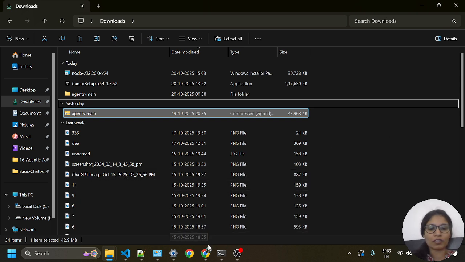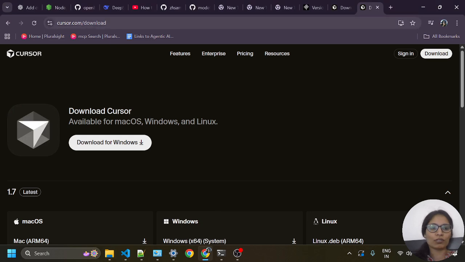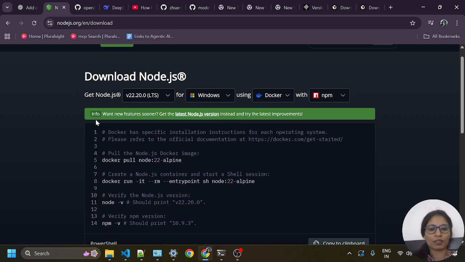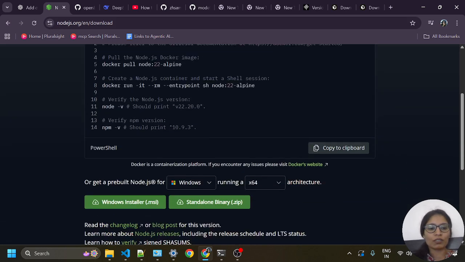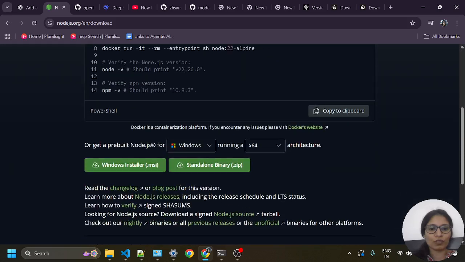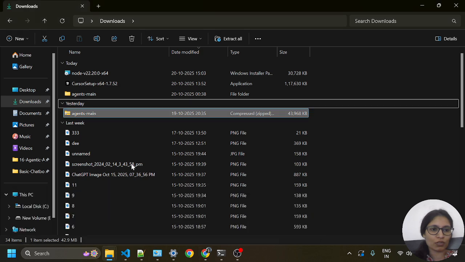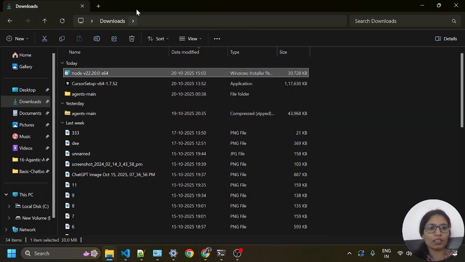After this you need to download Node.js, because we are going to run these servers by using npx. First of all, you need to click here, Windows Installer. If you are going to use Windows, I'm also going to use Windows, then I need to click here, and after it is downloaded you get Node.js here in the download folder, and here you need to click,